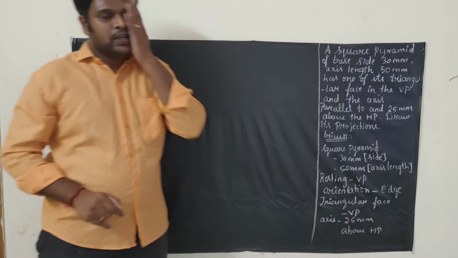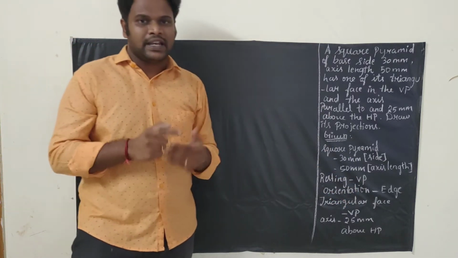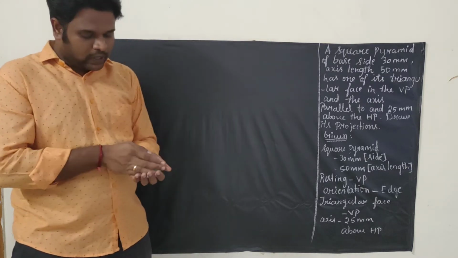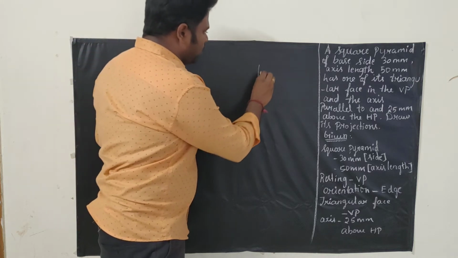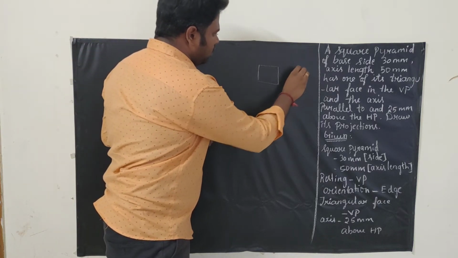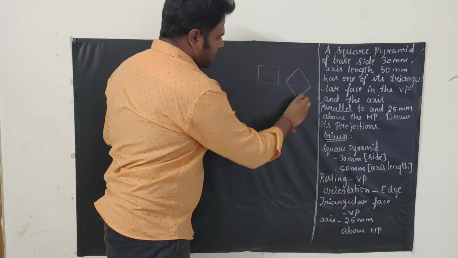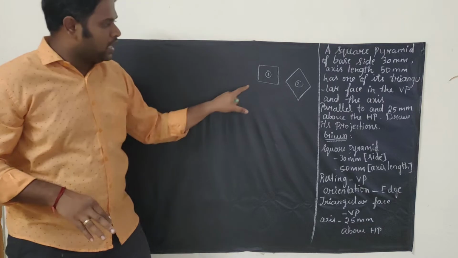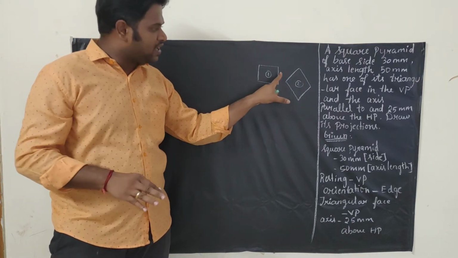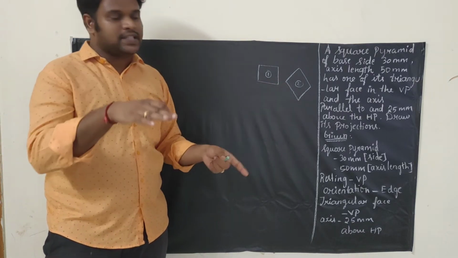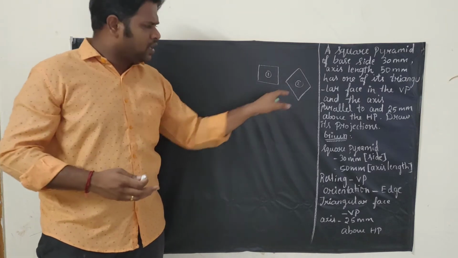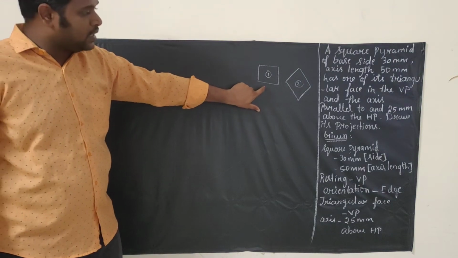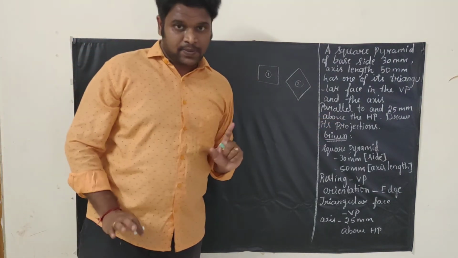Next is orientation. Regarding the orientation, they haven't said anything like the faces or edges are equally inclined, so we can draw the normal square. You may get a doubt whether we want to draw this type of square or this kind of square. This is the first one, this is the second one. Here they haven't mentioned anything, they just say a triangular face, so the triangular face will be indicating this one. In case they say that the faces are equally inclined, we will go with the second diagram. In our case we are going with the first diagram. This kind of square only we are going to draw and draw its projection.